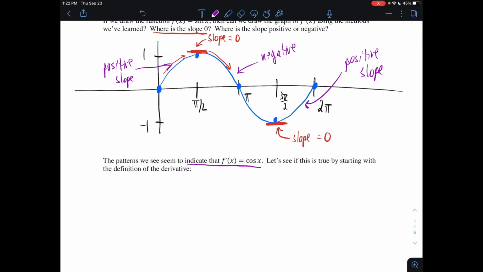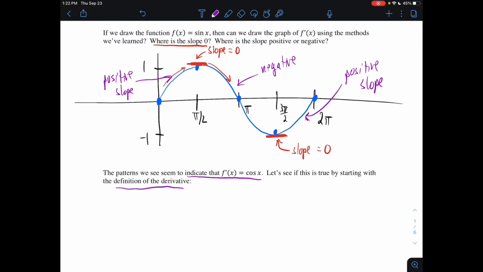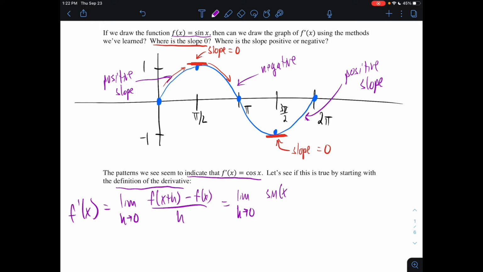So we're going to do this by starting with the definition of the derivative. So we were told that f of x equals sine x. That's what we named it before. So we're going to be looking for f prime of x, which is just, by definition, the limit as h approaches 0 of f of x plus h minus f of x divided by h. Our function is the sine function, so we have sine of x plus h minus sine of x divided by h. And then we're going to use the sum formula for sine,